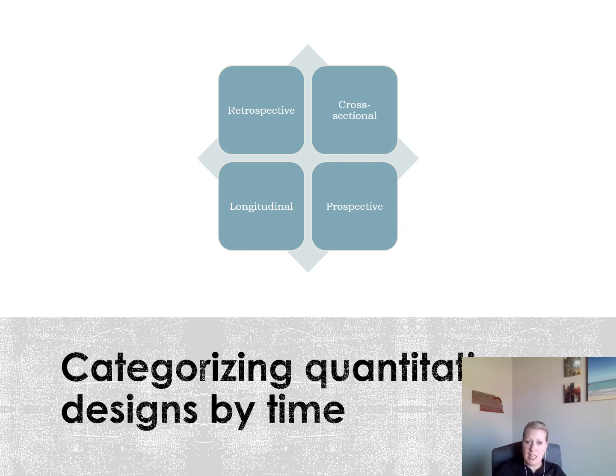A prospective study can be cross-sectional or longitudinal. So retrospective and prospective are kind of opposites. If it's retrospective, that means you had your research question and the data has already been collected. So a lot of times if you're looking at electronic health records, you can ask a question and then look in the data. A prospective, you haven't collected the data yet, so there's no bias, and you prospectively ask your question and then you collect your data. So it's just some fancy words that, again, will affect your validity,